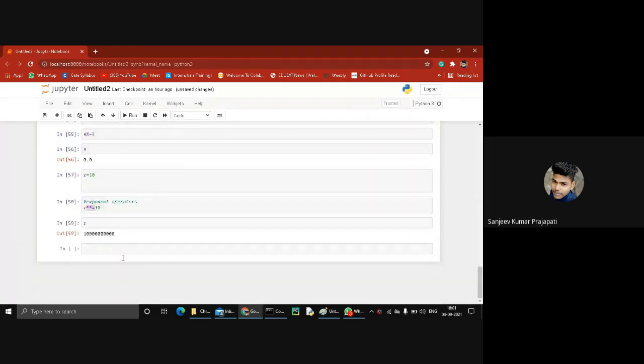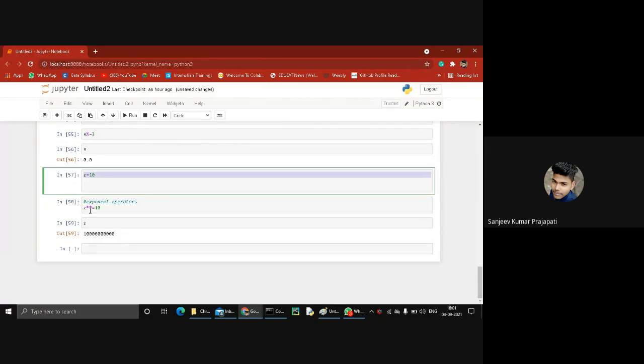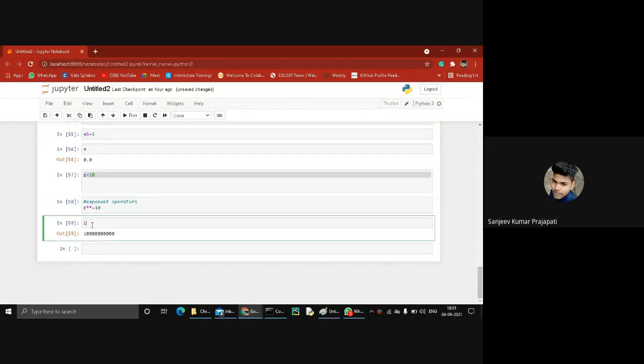In this case, we created another variable z equal to 10, then perform an exponent operation as equal to 10. So it's same as 10 to the power 10. So got it, guys? How the exponent operation works?